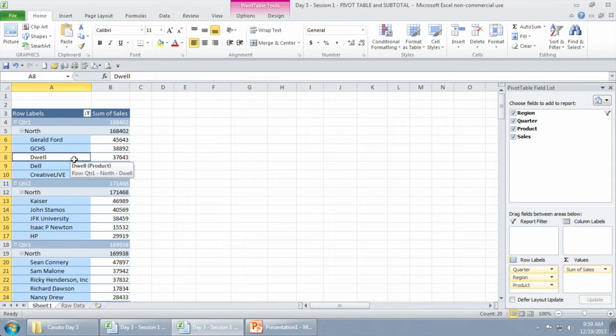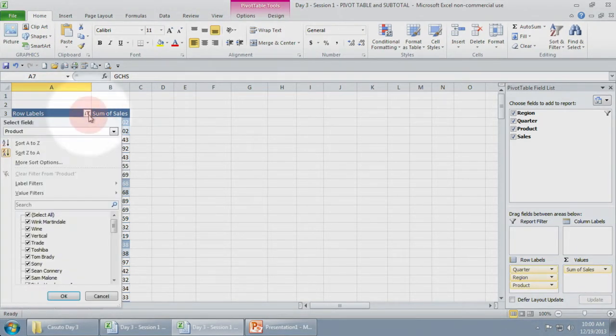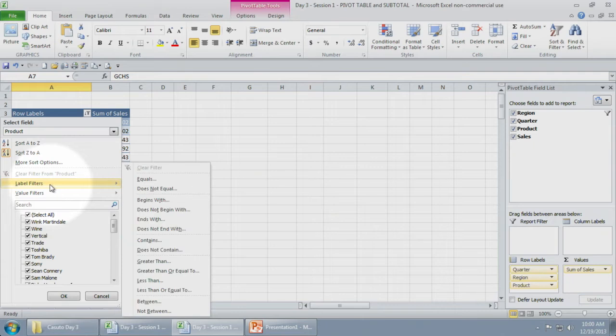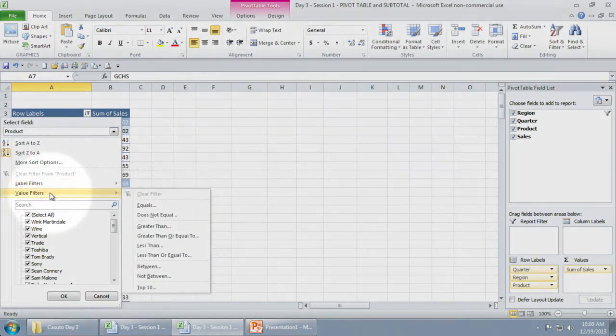You can filter on pretty much any one of these categories, all right? So just understand that. You can filter on any one of these things, and it's essentially the same process. You can go from here, choose whatever fields you want, and then do everything you want here. And just also notice that when you're in your filter, you can do all the same type of filtering that we could do yesterday. If you remember the filtering, we have our label filters, we have our value filters, all